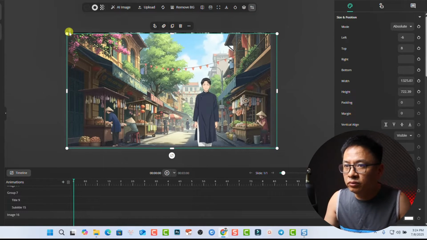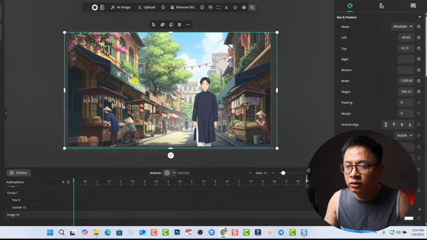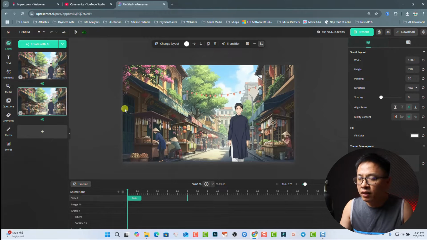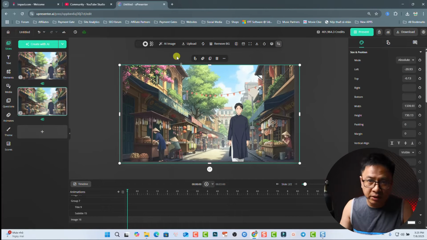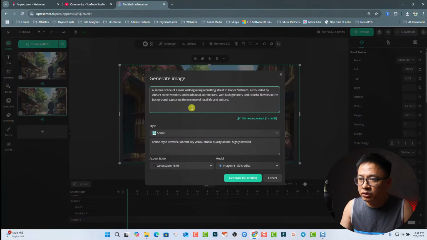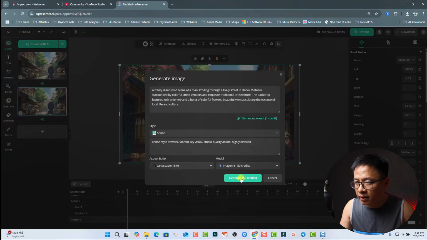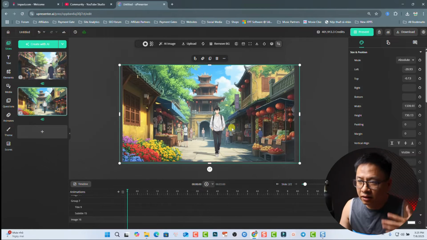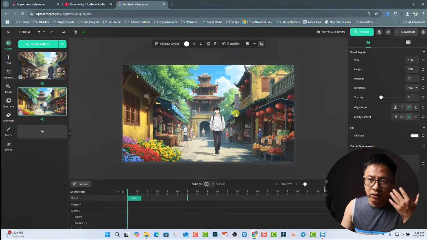So if you want to modify it, you want to go back to the slide. I can duplicate this slide. Okay, and we can select the image again and select AI image, and now we can enhance the prompt again. Okay, so we keep the same thing. So we generate another AI image. Okay, a lot better. So we have 2 images here,